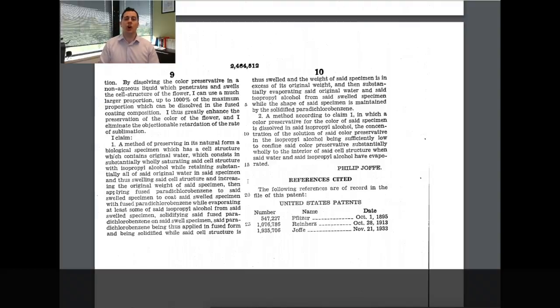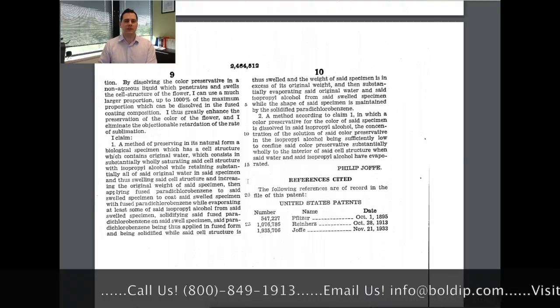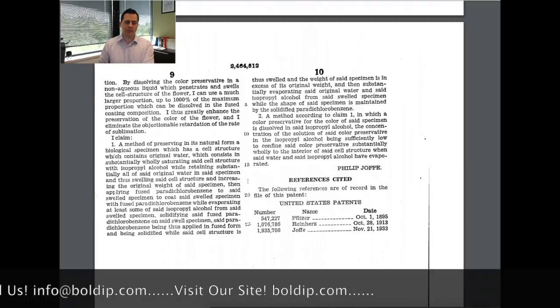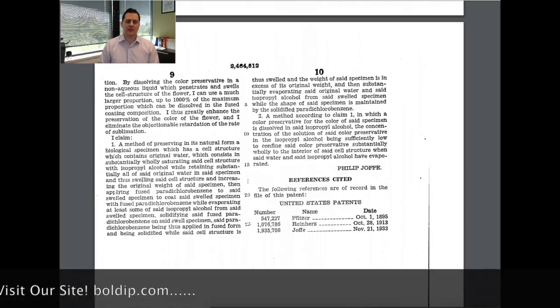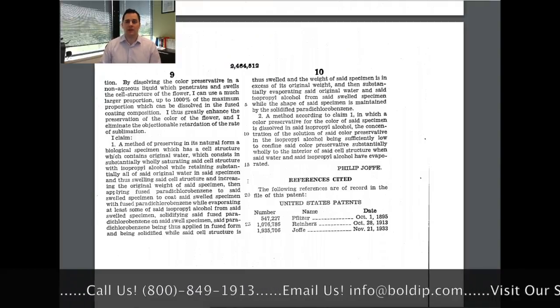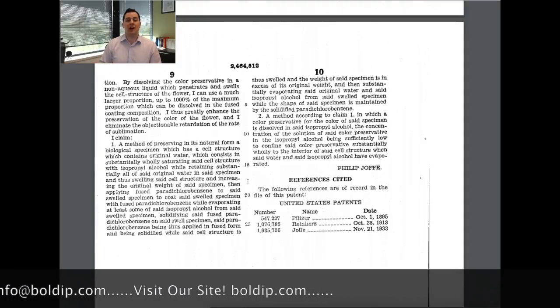interpretation and the scope, and what does the claim mean, is actually a matter of law, not a matter of fact. The reason for that is that in a court of law, matters of fact are decided by the jury. And since 1996, in a landmark Supreme Court decision called Markman, the Supreme Court said that claim language is so technical, so specific, that a common juror is not going to be able to understand it and interpret what it means. And so we leave it up to not the juror, but the judge to determine by law what that